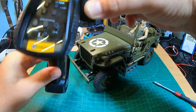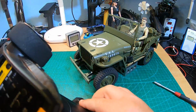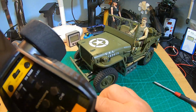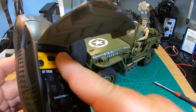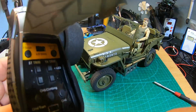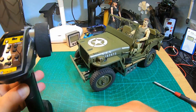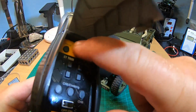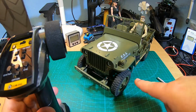Press the button again and correct steering. And it's the same for throttle, so I have throttle normal now, press throttle reverse, press this button again, correct throttle. And in mode B, so let's change to mode B, you have additionally the steering angle adjustment,